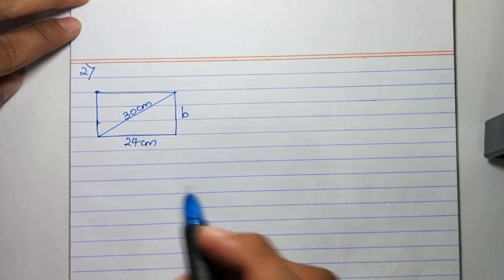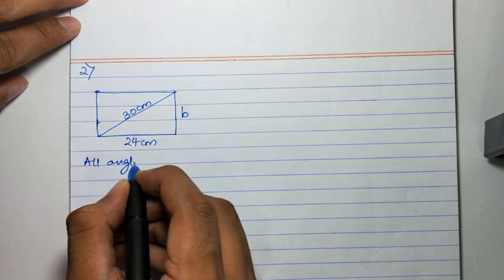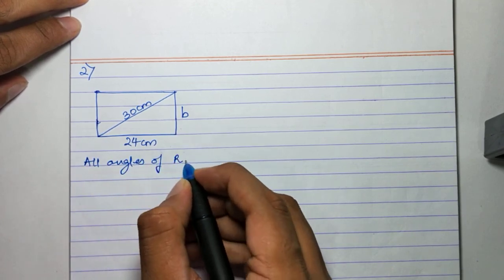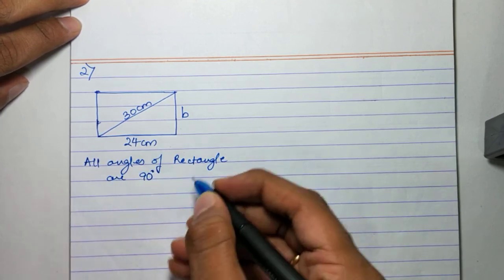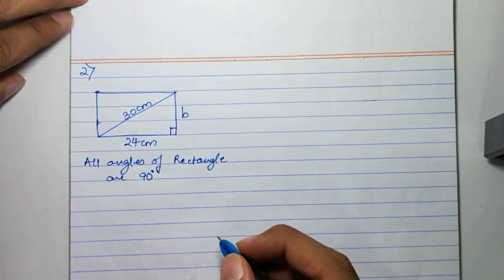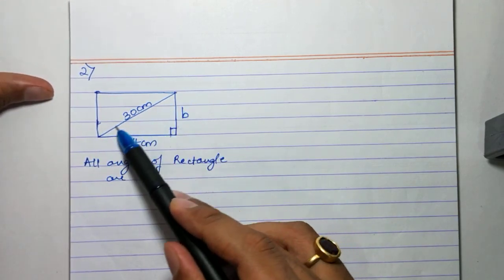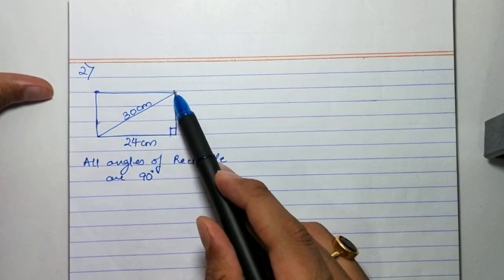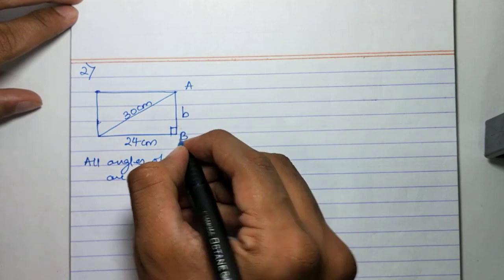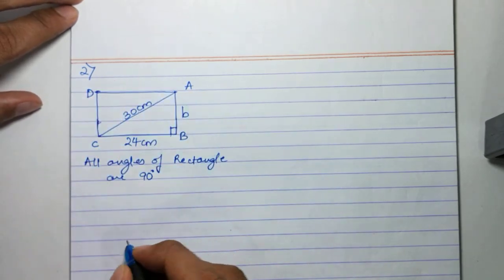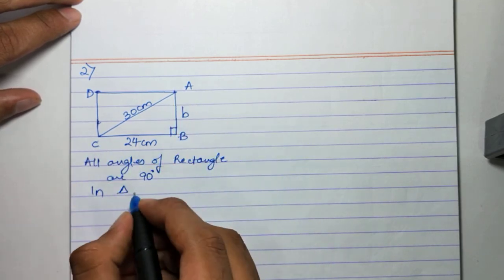Now in a rectangle, all angles of a rectangle are 90 degrees. That means this angle is 90 degrees. If this angle is 90 degrees, the side opposite to 90 becomes the hypotenuse, and this is a right angle triangle. Okay, let's name this. So in triangle ABC,